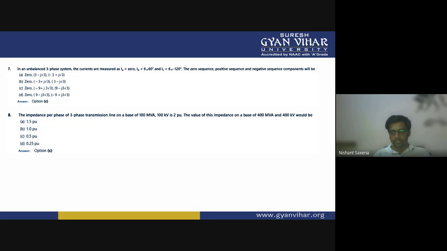Now question number 8. The impedance per unit per phase of a three-phase transmission line on a base of 100 MVA, 100 kV is 2 per unit. The impedance has been given for a three-phase transmission line. The base MVA is 100 MVA and base kV is 100 kV, which is giving the impedance as 2 per unit. You have been asked to find the new impedance for the new bases, that is 400 MVA and 400 kV. Then obviously the answer would be 0.5 per unit. You have to apply the same formula again for calculating the new impedance,